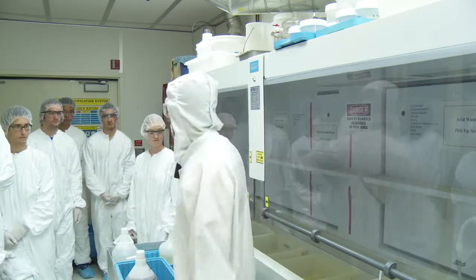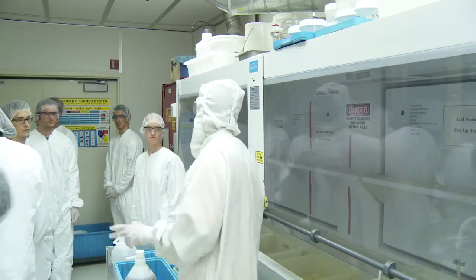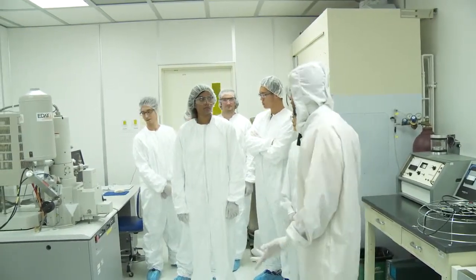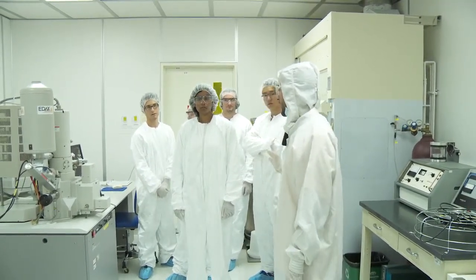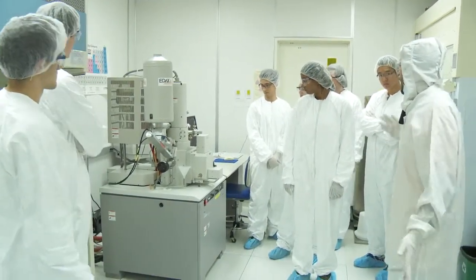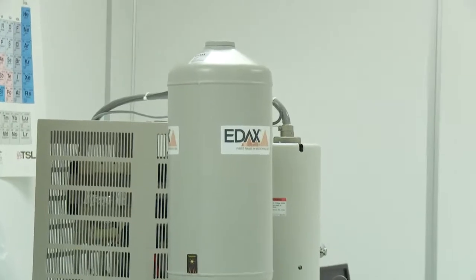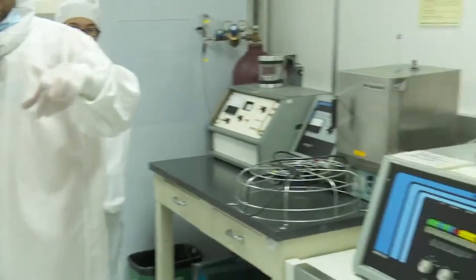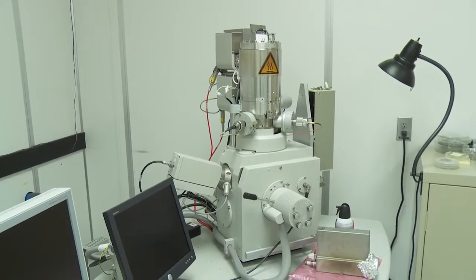But that's it. Now we're gonna go to the characterization area, so microscopes and profilometers and that kind of stuff. Okay guys, so we could say that this is the microscope room. Technically we have 4 microscopes here, 3 electron microscopes. This one is a standard SEM from Hitachi. It's kind of old, but it works perfectly fine. Behind you, there's another one. That's another SEM, but it can be used also to